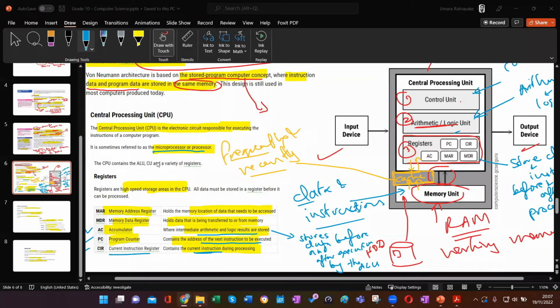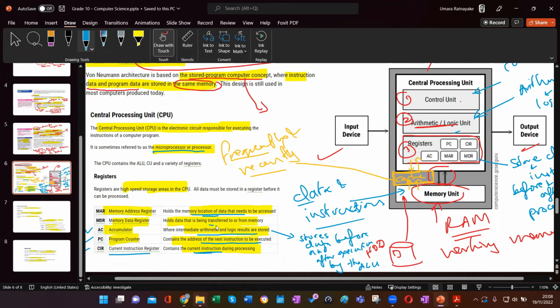additionally MAR and MDR. What MAR does is hold the memory location of the data that needs to be accessed. Memory location of data. You need to bring data from the RAM. For that also you need an address, right? Just like that Excel sheet. So this will contain the address of the data that needs to be accessed from the RAM. Address, okay? Then memory data register